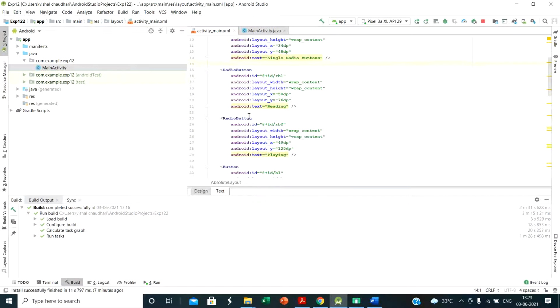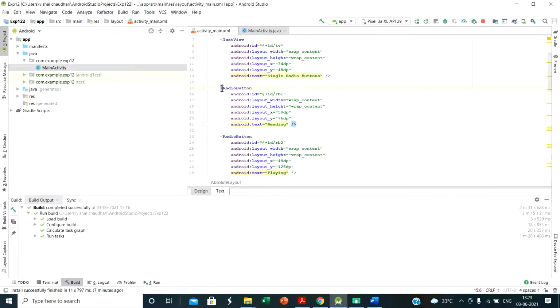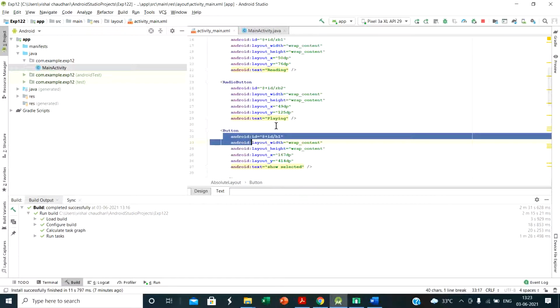Okay, so the first example is what we can say a normal radio button without group. So here first I create one radio button. The radio button ID is RB1. Attributes of the first radio button are width, height, then X coordinate, Y coordinate, and text is reading. So reading is displayed on your screen.